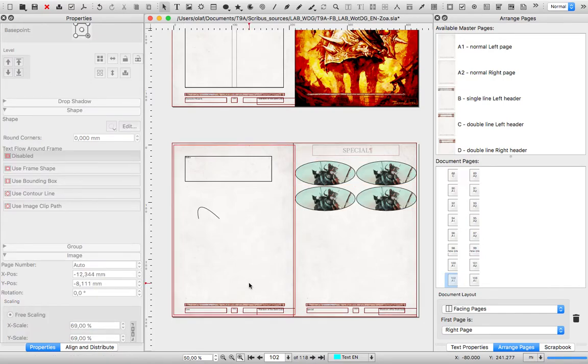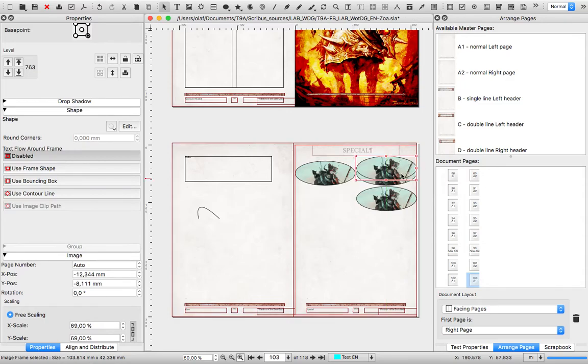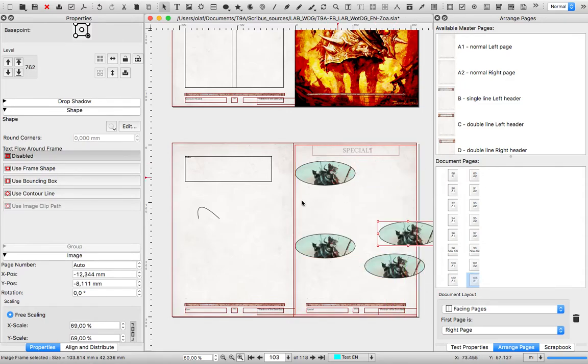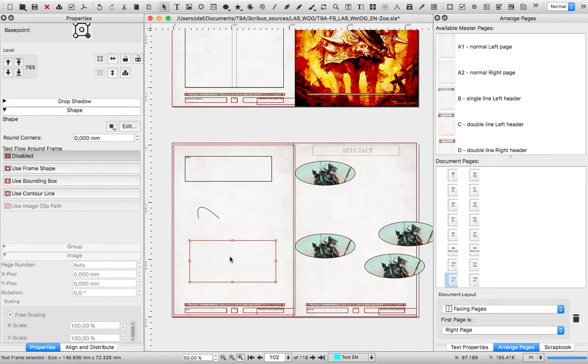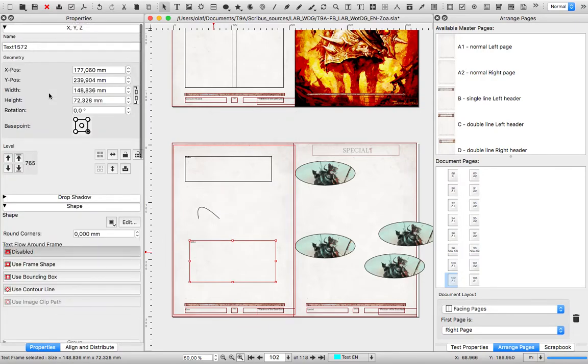You will see that it is very similar to the image placement. Click on the text frame button. Click and hold down the mouse button, then drag it on the page. You can play around with a lot of features while your text is selected. You can change its properties, like its position within the document or its width, height, and level.